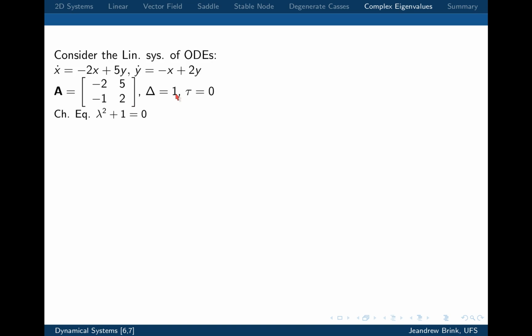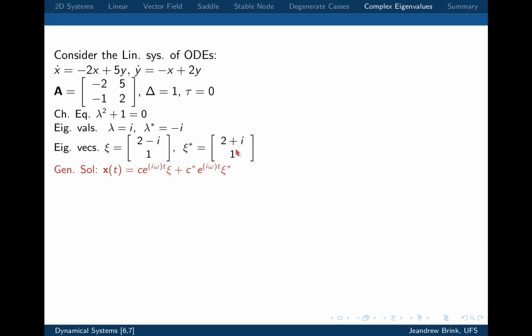Okay, so your characteristic equation here is lambda squared plus 1. So you know that your eigenvalues are i and its complex conjugate minus i. You can work out the eigenvectors. So here they are. You just treat them as complex conjugates of each other. So you have 2 minus i and 1, and its complex conjugate is over here. You can go on, then write down the general solution over there,